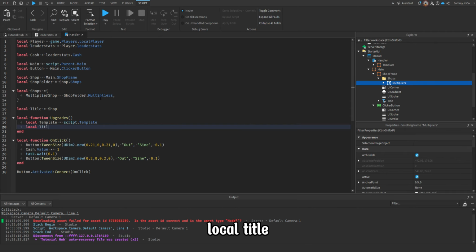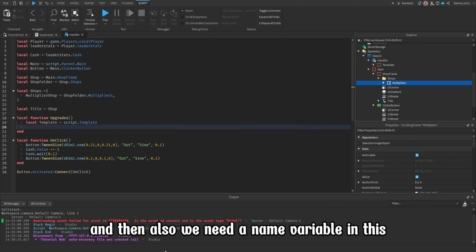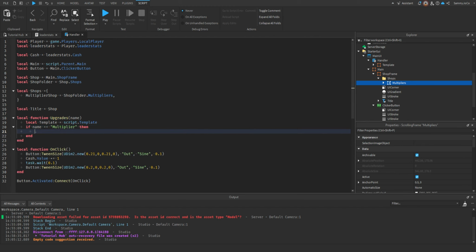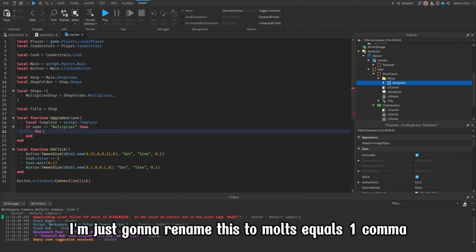Local title. And then also we need a name variable in the brackets. So if name equals multiplier, then we will do a for loop. So for, I'm just going to rename this to mults equals 1, comma,